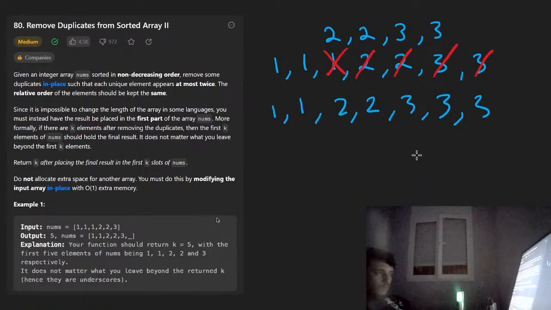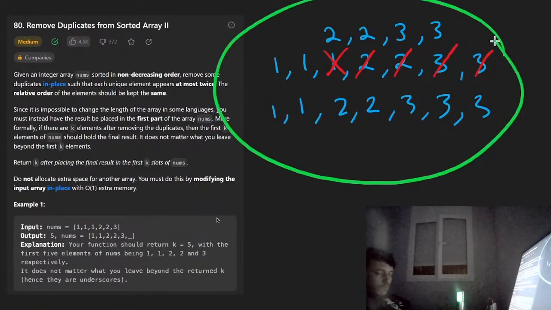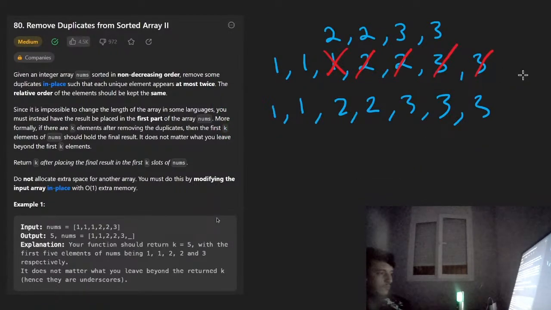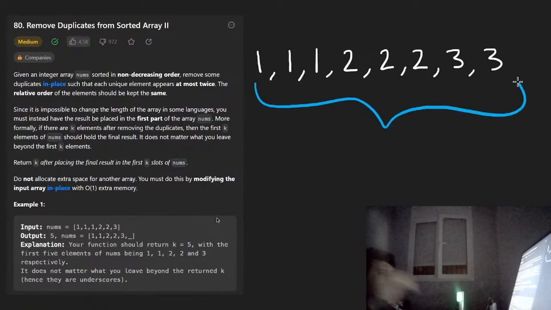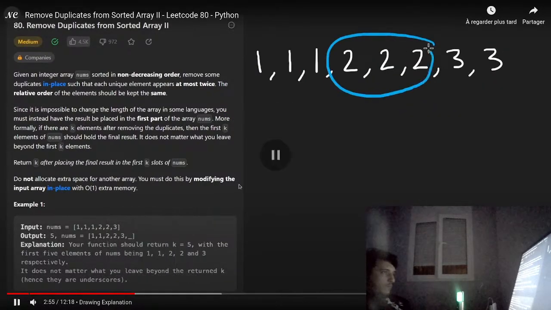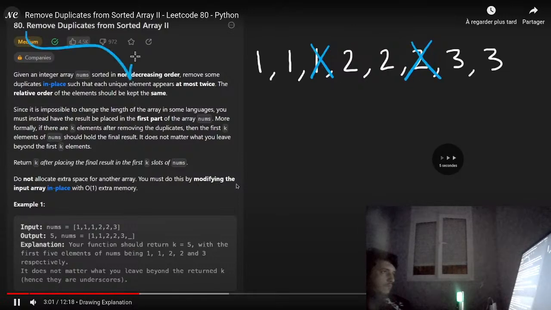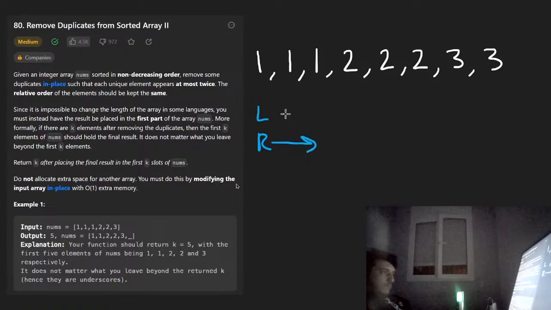Now, how exactly can we solve it? That's the tricky part. I'll show you a valid way, but first let's go over the thought process. So let's take a look at a slightly different example. I basically just added another 2 over here. Call this the left pointer, like the first pointer here. And we're going to take the right pointer and increment it anytime we see a value. Like in this case, the right pointer, okay, we see 1, 1, then the right pointer is over here, another